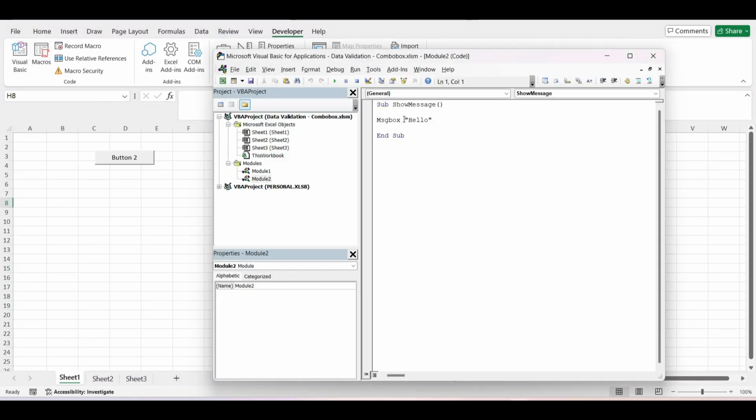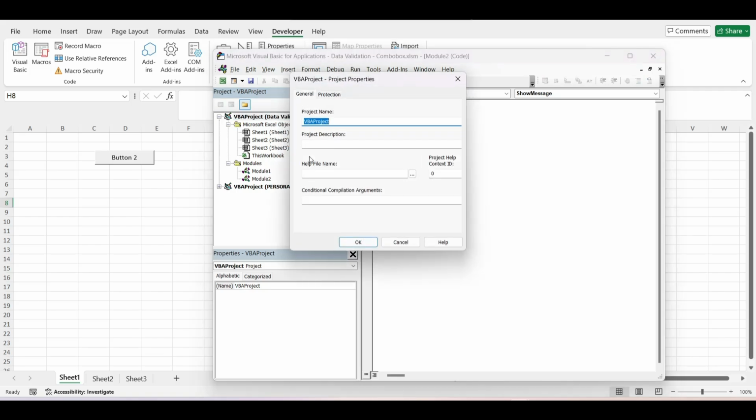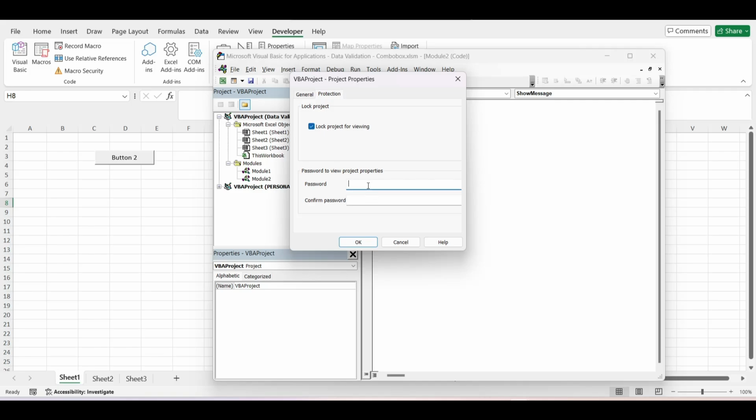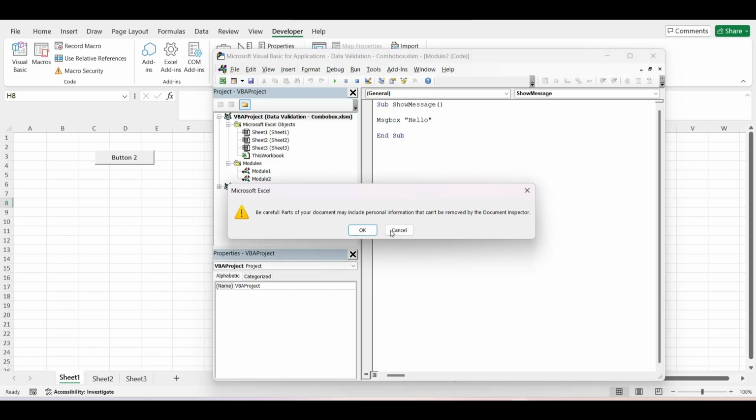If we want to hide this code, what we can simply do is go to the top of the project viewer, and this is the workbook that it's currently in. We can right click here and go to VBA project properties and go into protection, and we can click on lock project for viewing, and we'll type in a password. In this case I'm going to type in just 1234 and confirm that. We'll click OK, we'll save that,